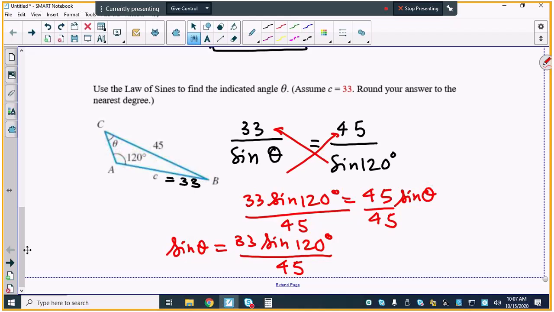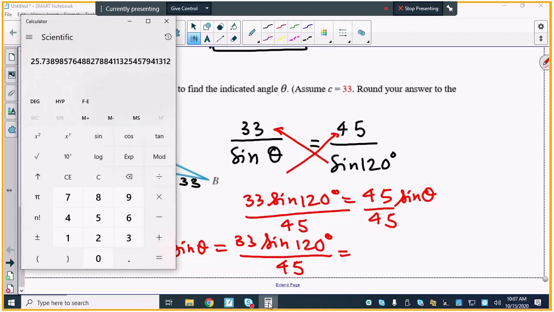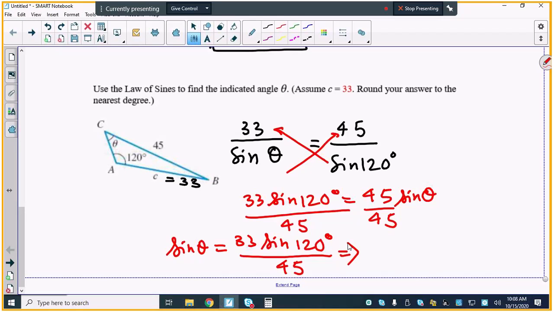So let's see how much we get for this answer. And as I said, this work is going to be done in the calculator. First and foremost, we will find sine of 120 degrees, and then multiply it by 33 and divide by 45. So that's what I'm getting. I can say sine of theta is equal to this thing. Let's just write it down as whatever we get for the value of theta. So instead of rounding in this step, since sine theta is this thing, I can go ahead and say that